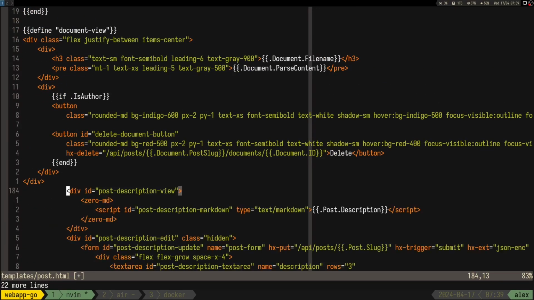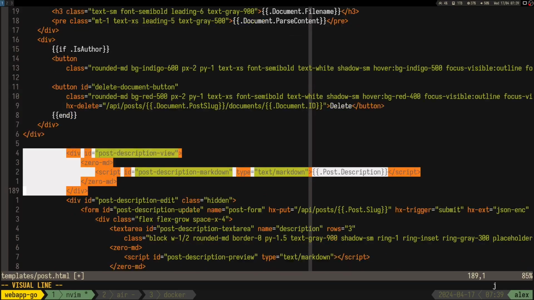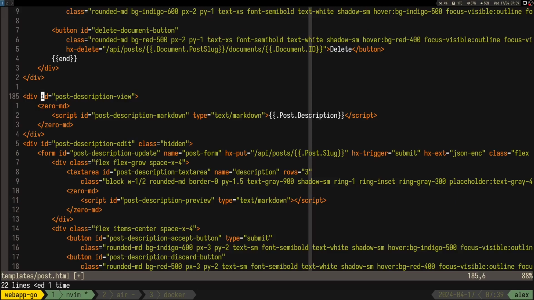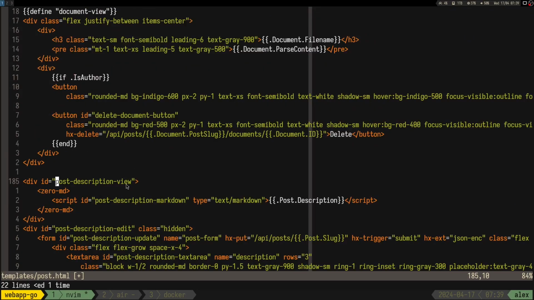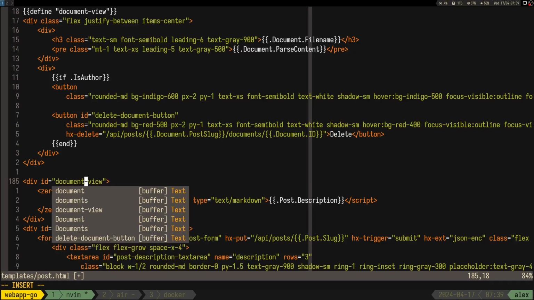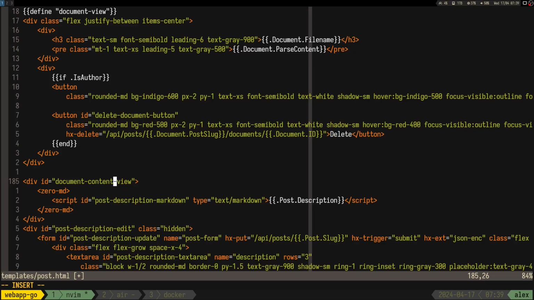So let's see. Post description, but this one is document content view, and